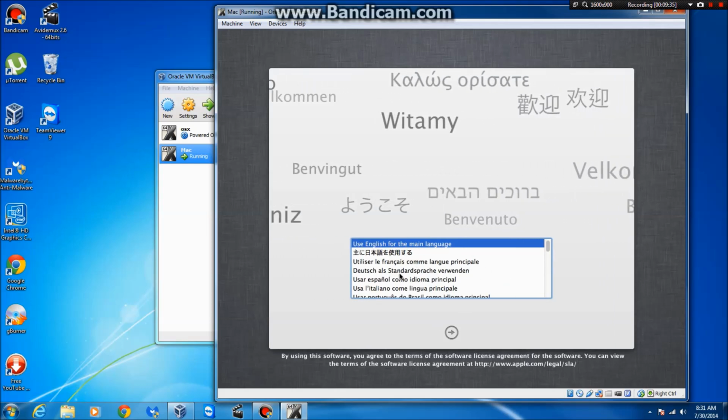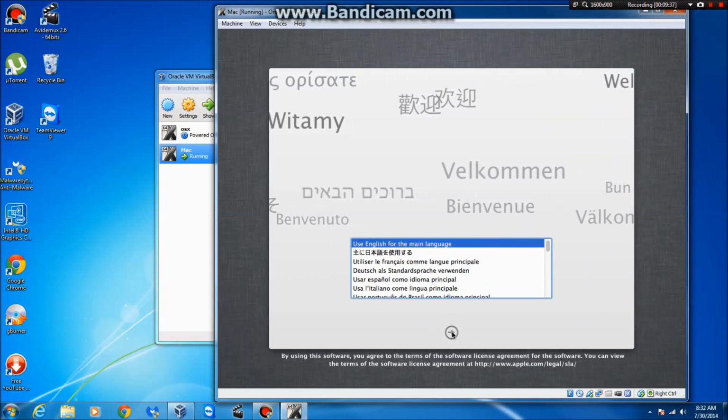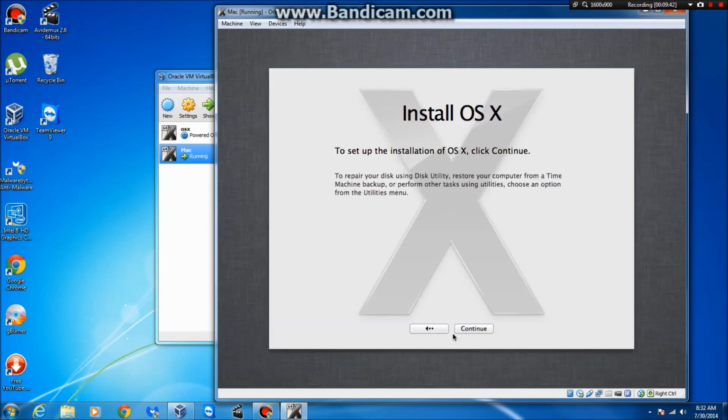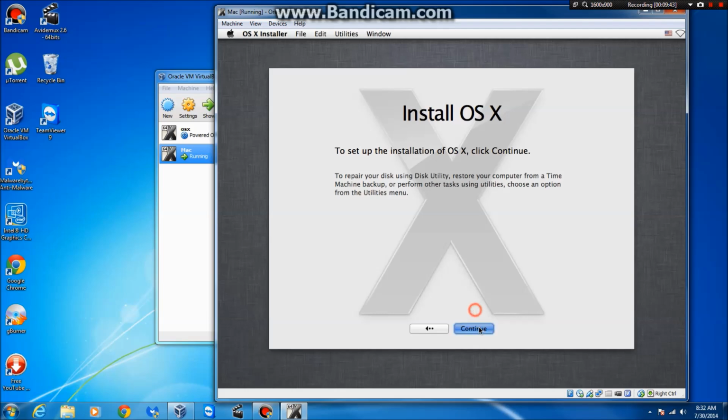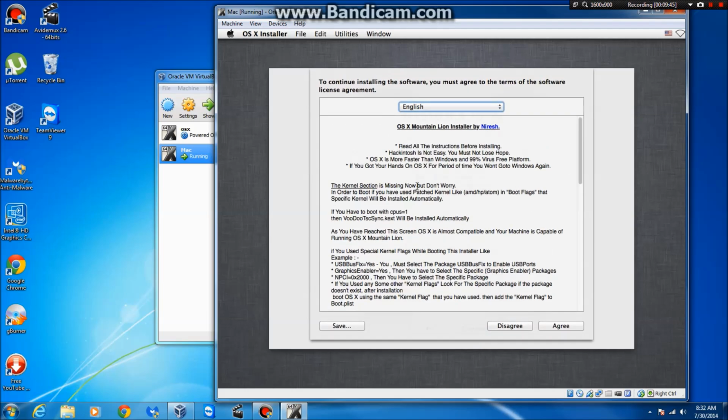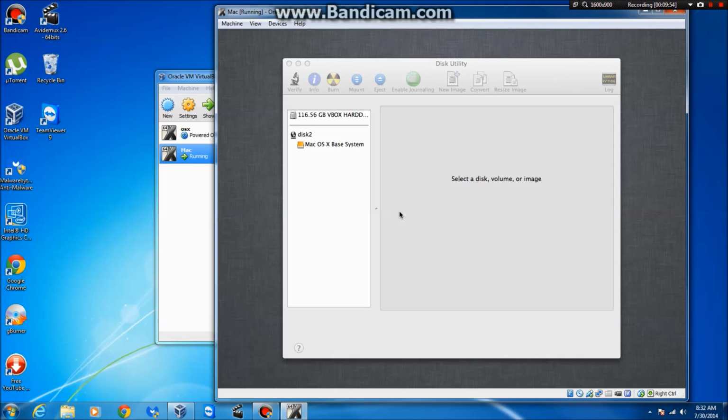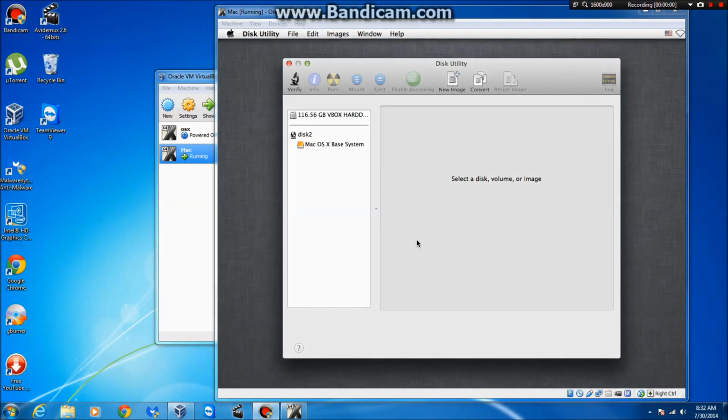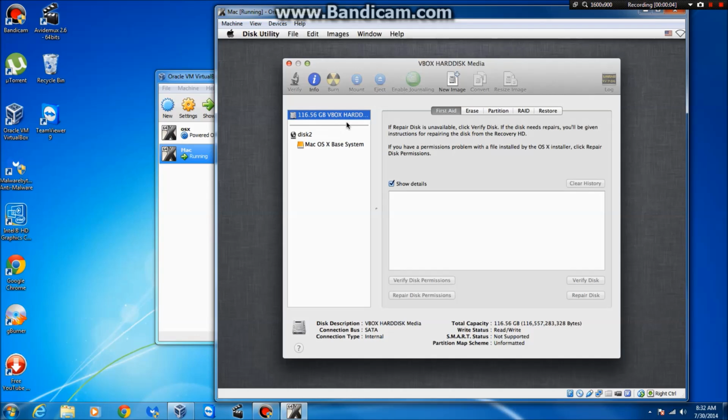We have this. This comes up, and you can select language. If you want to do a different language, you can do that. And next, and at this point, you can click continue, but you have to be careful when you get to this point. You have to go to utilities, and go to disk utilities, and afterwards you see this VirtualBox hard drive. It's 116.56 gigabytes, and